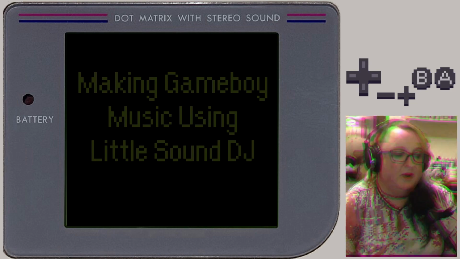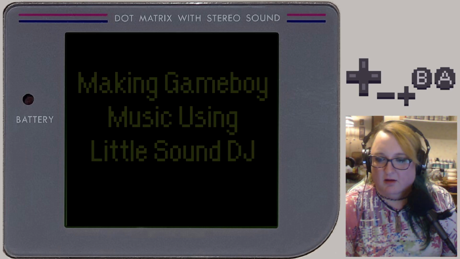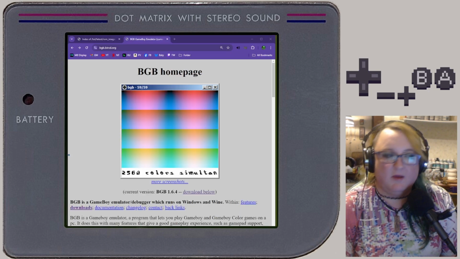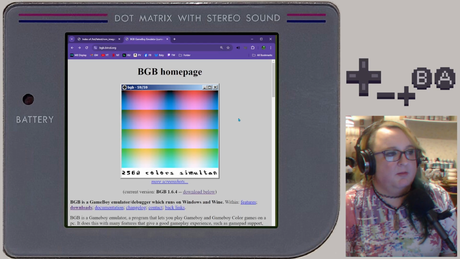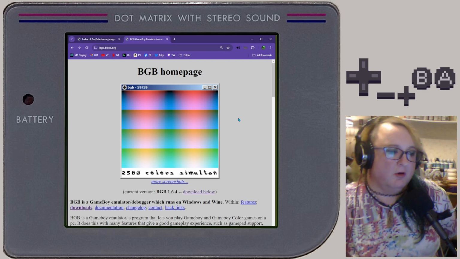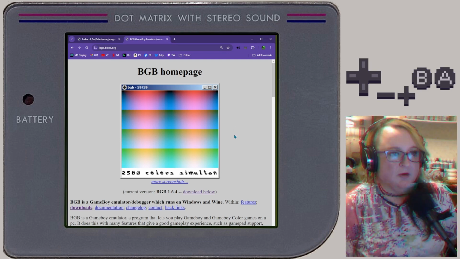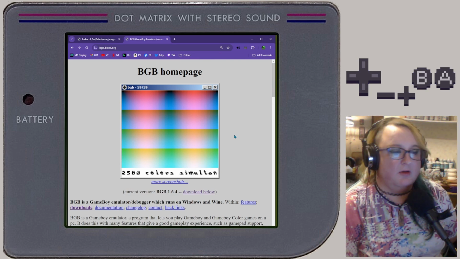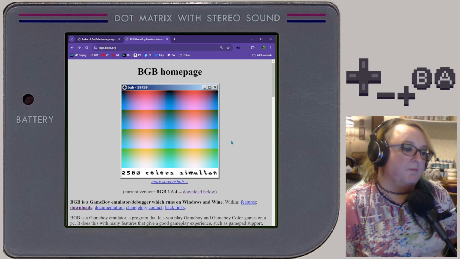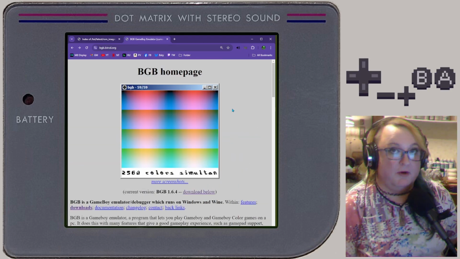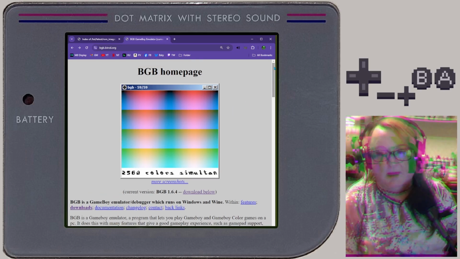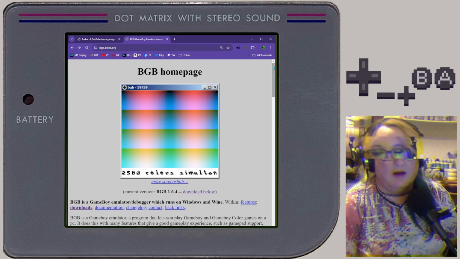The second thing we'll need is an emulator, and that's going to be BGB. That's at bgb.birc.org. And this is the most accurate emulation of the Game Boy as far as sound is concerned. Couldn't tell you about what it does for games. Probably fine. But I've been doing this for over 10 years, and I don't think I could really tell you. If you put up a hardware Game Boy track versus something done on an emulator, I probably couldn't tell the